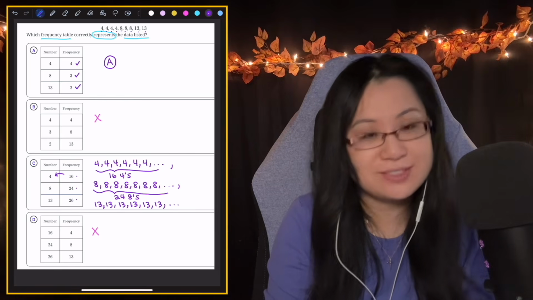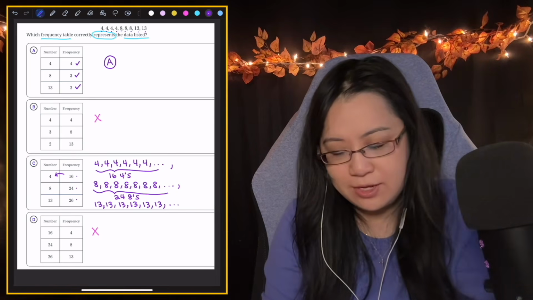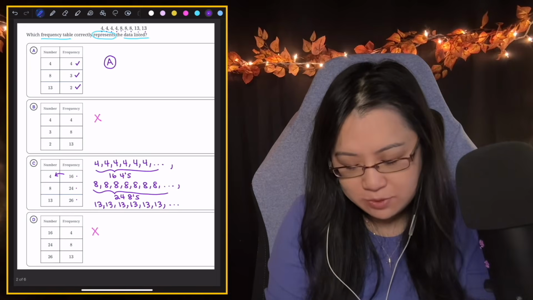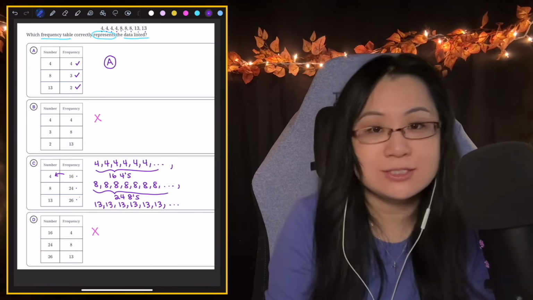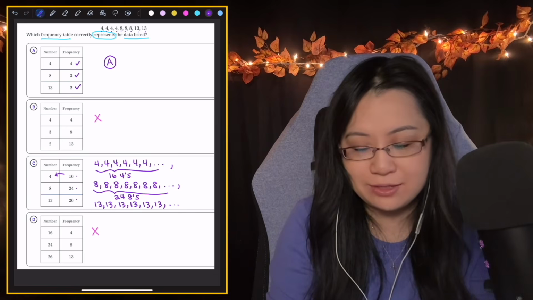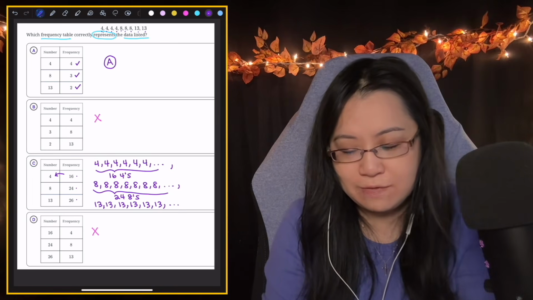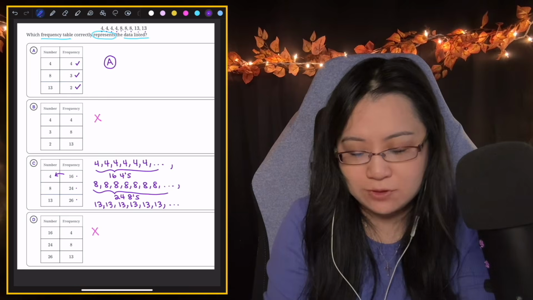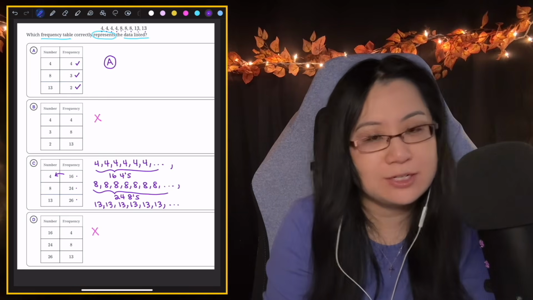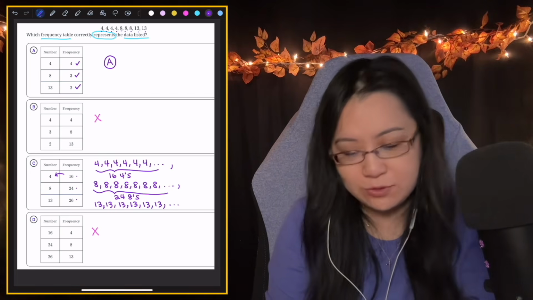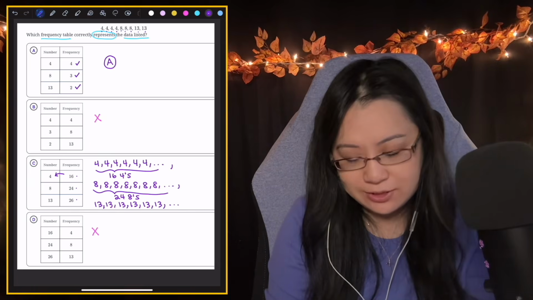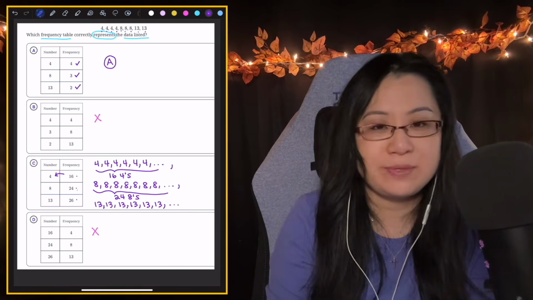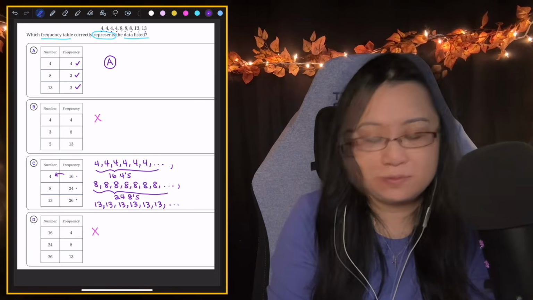Does that make sense? So A is the correct one, and I believe, as I'm looking here, 16, 24, and 26, it looks like they just tried to add the numbers. So they did like 4 times 4, 4 4s is 16, 3 times 8 is 24, so 3 8s is 24, and 2 13s is 26. So it looks like they just added, maybe they were mixing up the idea of times,